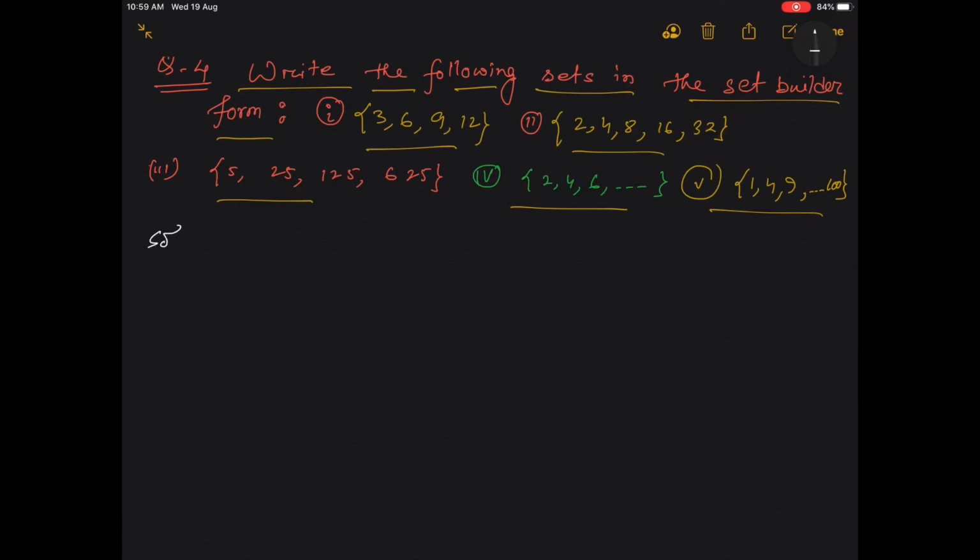Okay, so let me show you how to solve. The first set is what? 3, 6, 9, 12. Okay, so here you see it can be written as, suppose this is equal to A. So this set A can be written as, here you see all the numbers are multiples of 3. So we can write 3x such that